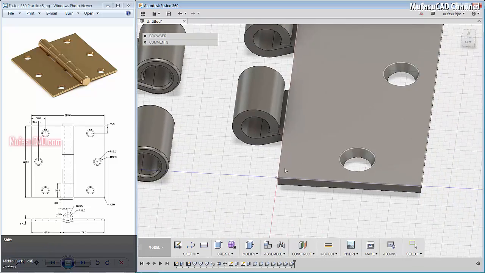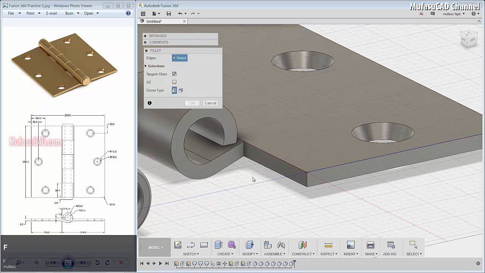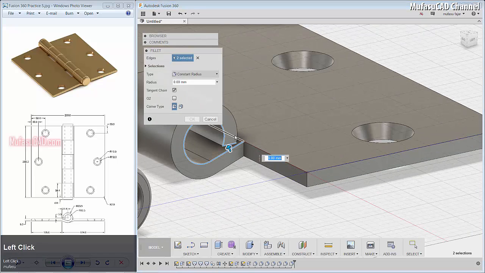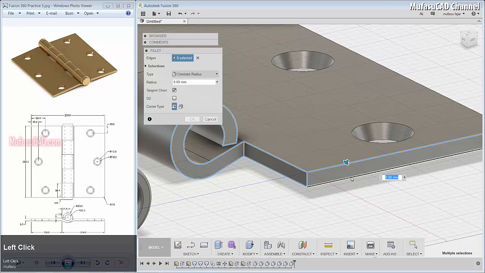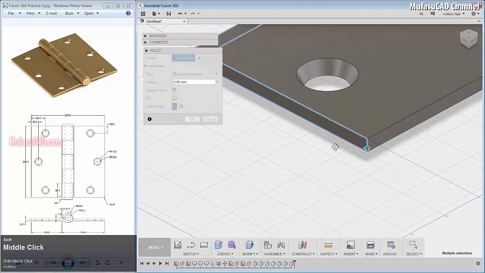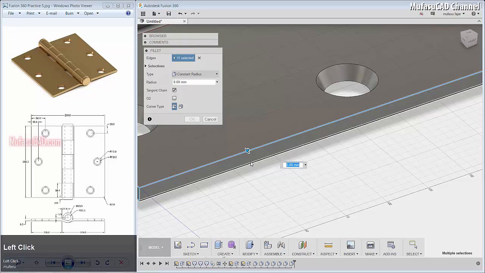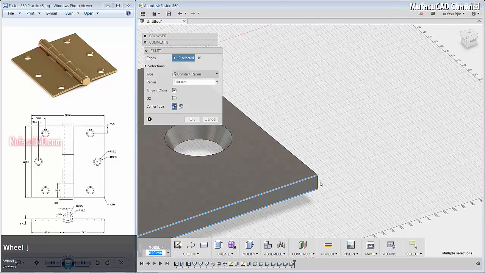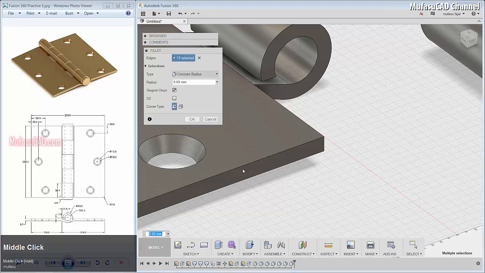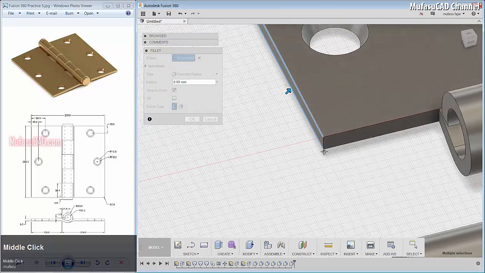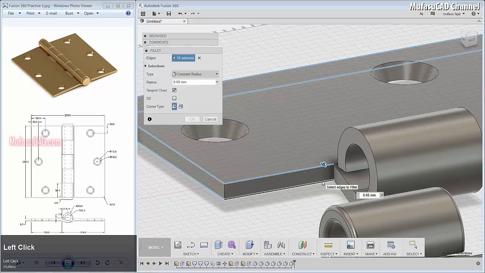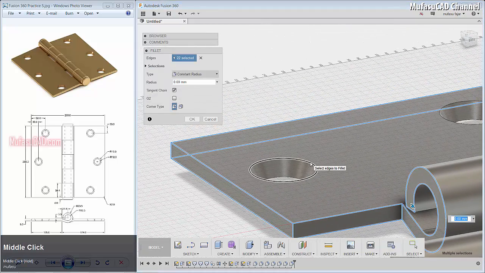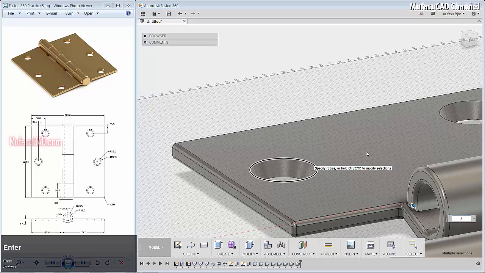Next I will fillet this object. You can tap F for fillet, select this edge again, we fillet in here, all this edge with 2 point, you can select here, and then we select in here. Next I will select this edge, and then select this edge. Okay, like here, here, here, and with 2 point, and okay.